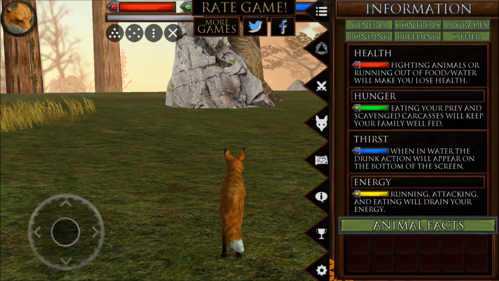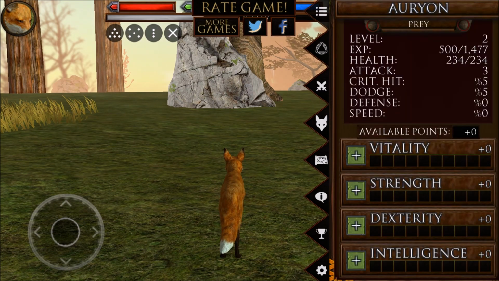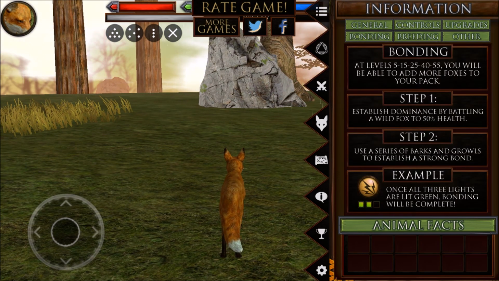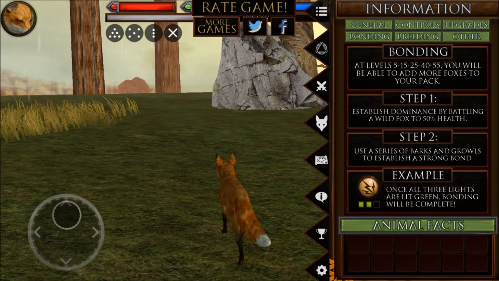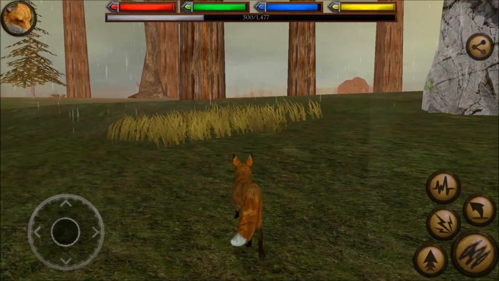We have missions, map, that's controls. We can upgrade stuff, but we don't have any points. And maybe if we go to the help, it'll tell us bonding. Okay, at level 5, 15, 25, 40, and 45, you'll be able to add more foxes to your pack. So you have to battle a wild fox to 50% health, and then use a series of barks and growls to establish a strong bond. Okay, so we can't do that just yet, but once she gets up to level 5,